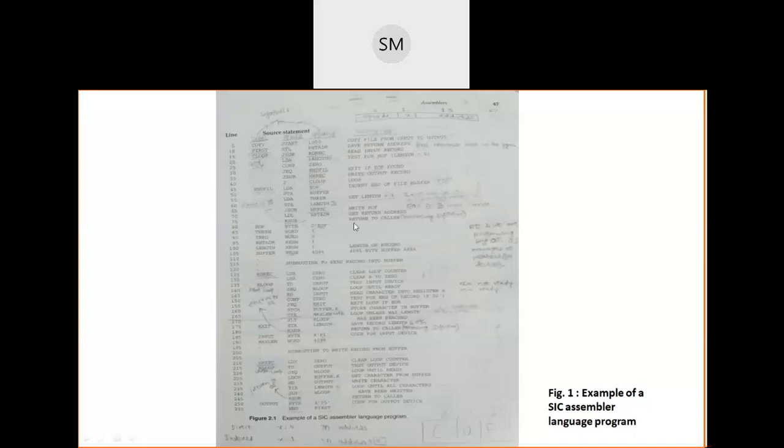Because instruction size in SIC is 24 bits, and every instruction in SIC is 24 bits, which is nothing but 3 bytes. Because of that I have written LDA 3. It means the content of register A is now the value 3.